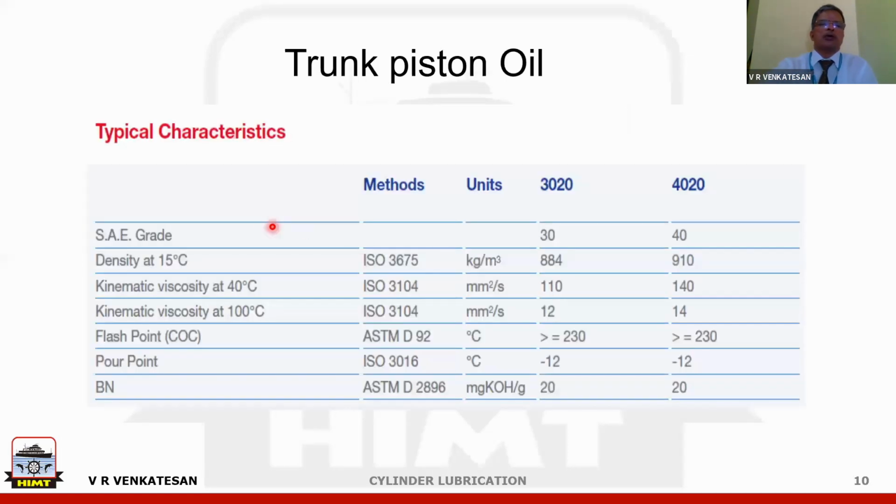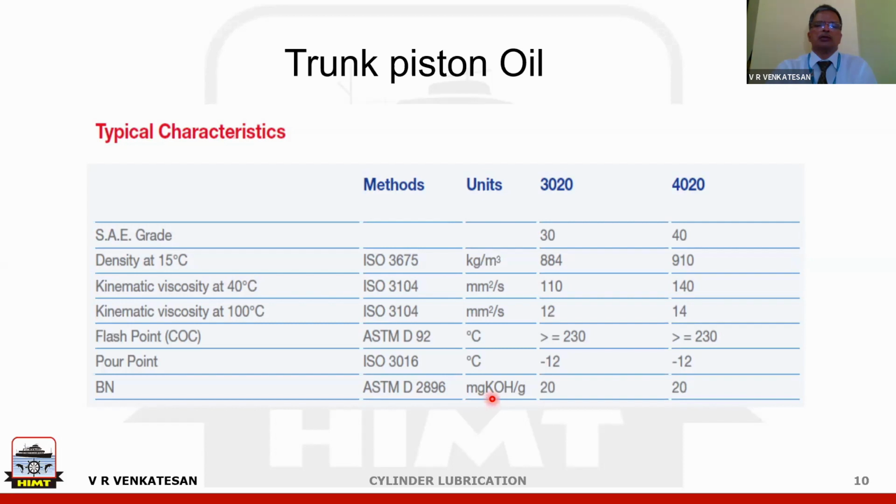So what is the type of oil that is used for trunk piston? This is a typical arrangement. So you have this SMERA grade. This is the grade number. Density is like this. Viscosity is the main part. So viscosity at 40 degrees centigrade is 110 to 140. The main thing is this TBN value. So TBN is around 20